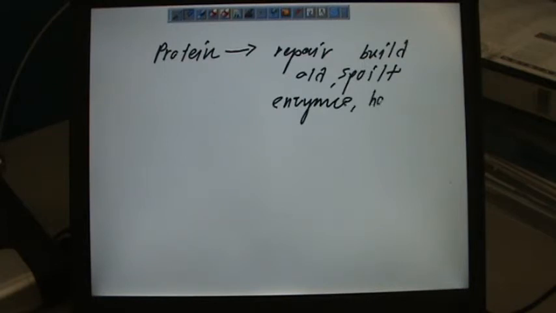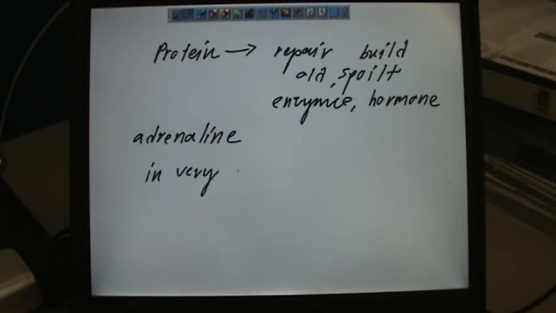And then you also build hormones. Okay, what's so important about hormones? You can have reproduction hormones, that's responsible for the boys' hormones and the girls' hormones. But of course, hormones are not restricted to reproduction. It's also used in, for example, adrenaline hormone. Adrenaline hormone means in a very emergency or tense situation, they release adrenaline hormone